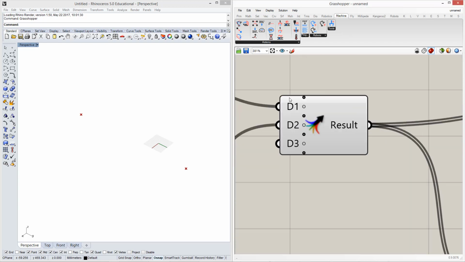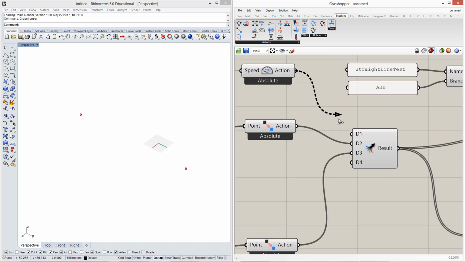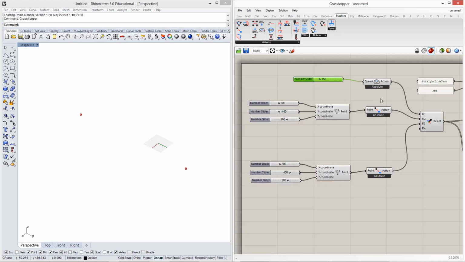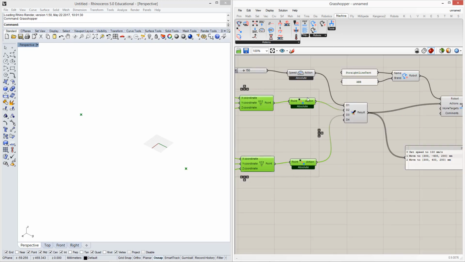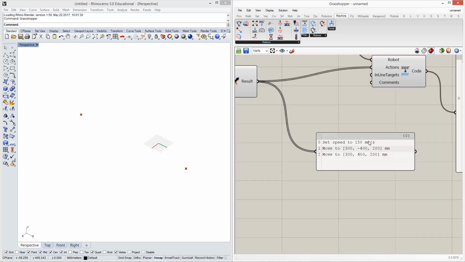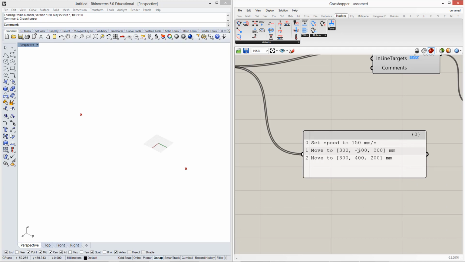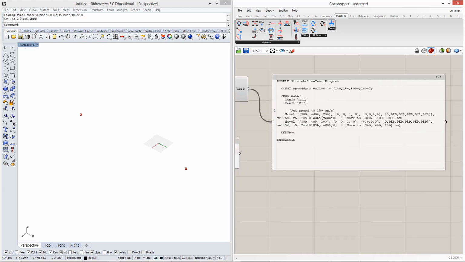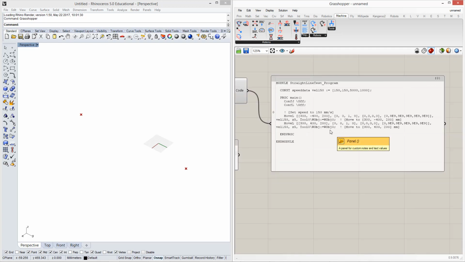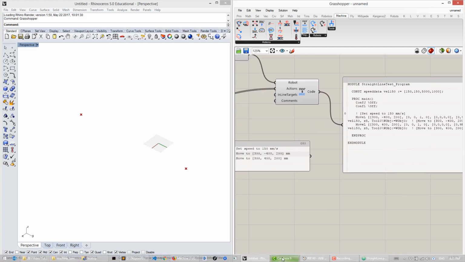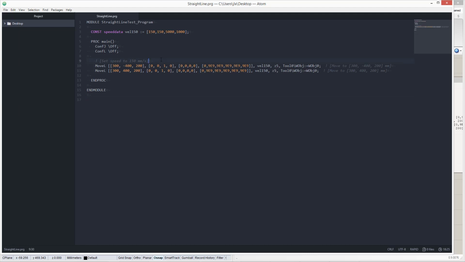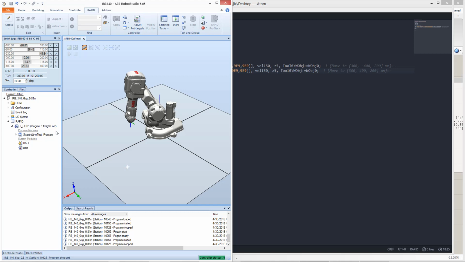And then I'm going to plug that action in the program before executing any of the other 2 actions. So you can see that my program now looks like: set the speed to 150, and then move and move. The exported program looks very similar. And if I go to Atom right now, you can see that my straightline.prg file has updated with the new speed value. So if I reload this program into my simulation environment, I right-click, load program,